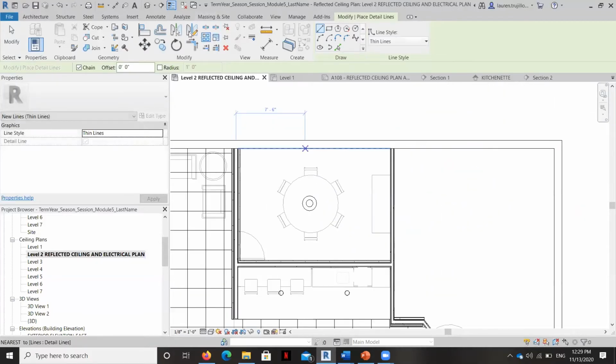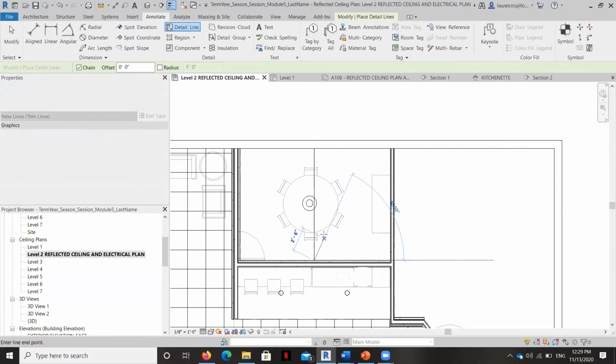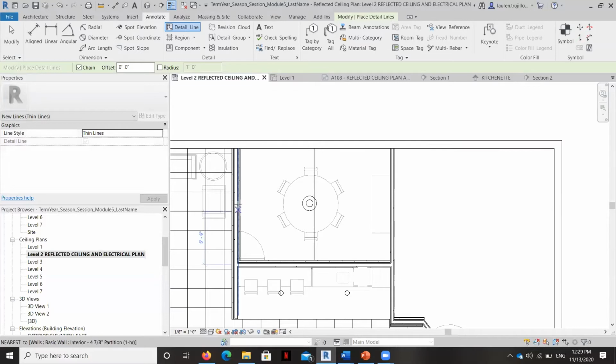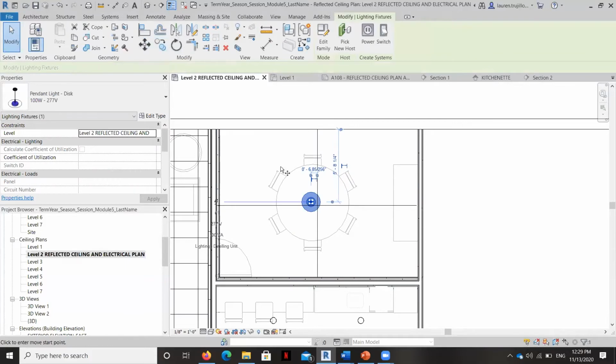So I have a detail line, and then I'm going to draw another one that is going to give me the midpoint of the room, and then you can do the midpoint of this as well. You could also do a diagonal line and find the midpoint there.